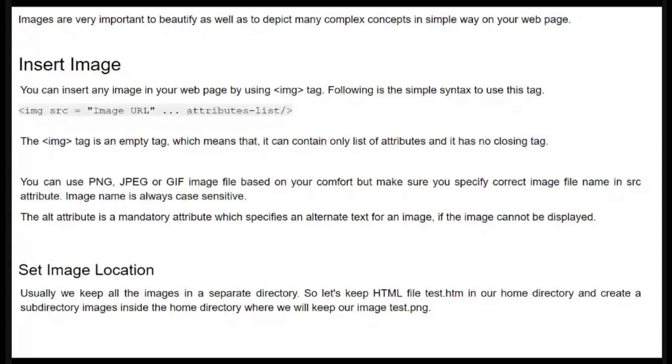I'm downloading that image. Click on the image, save image as. While saving the image, you have to save the image and the code in the same folder. I can also change the name.